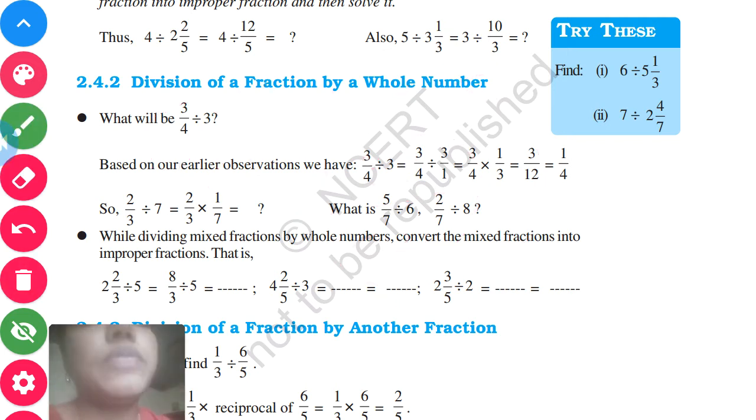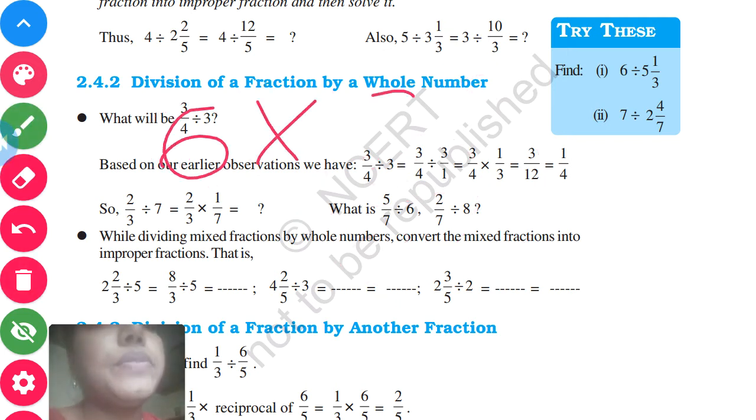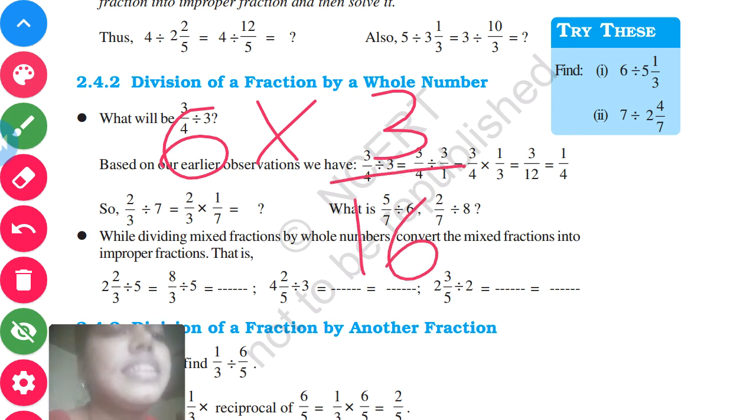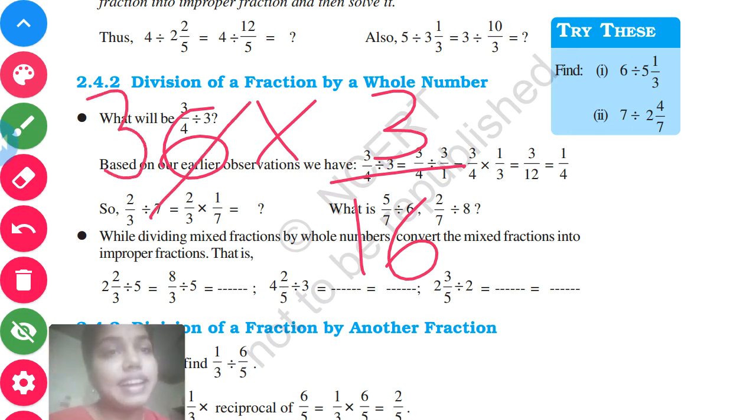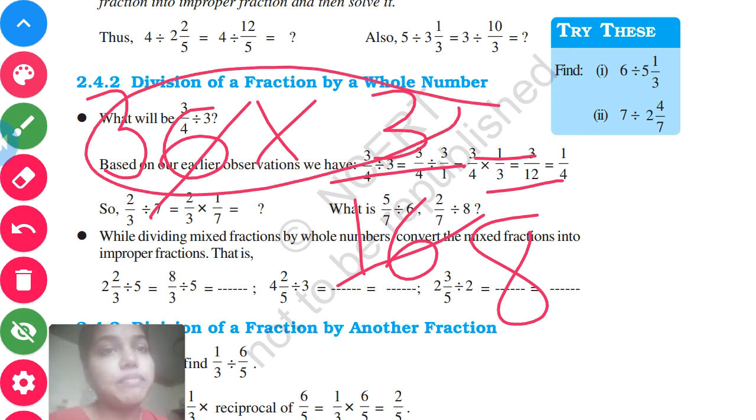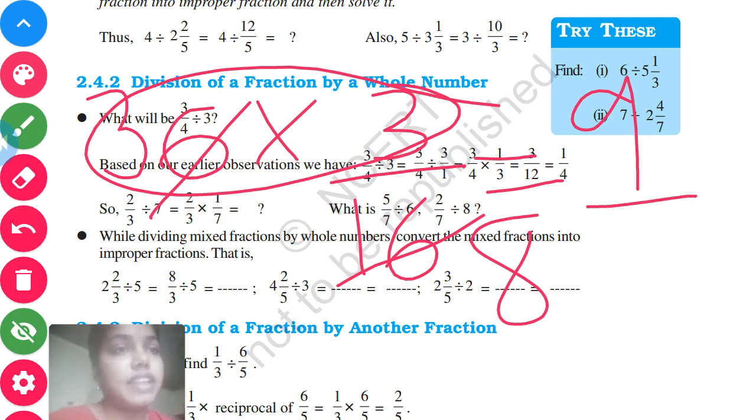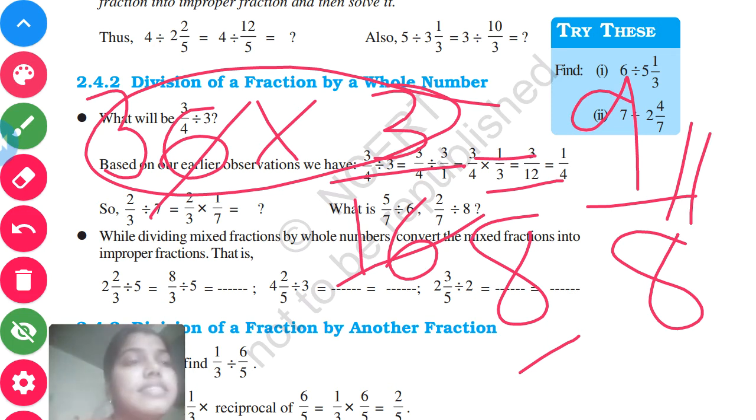So let me write it once again, 6 into 3 divided by 16. If you take it to the lowest term, you can just see here, we can cancel it. That is 2 3s are 6, 2 8s are 16. And when I multiply here, 3 into 3 is nothing but 9, divided by what is remaining in the denominator, which is 8. So your answer is 9 by 8.